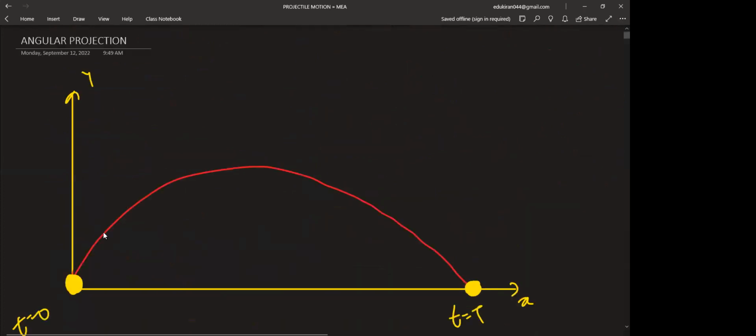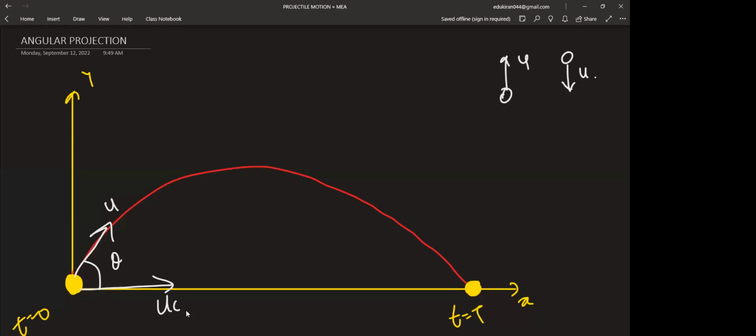But first, let us talk about this. There is always this initial velocity now directed in this direction. Earlier, we used to have our initial velocity directed like this, or the initial velocity was directed like this. Now the initial velocity is directed like this and the angle is made with the x-axis. So this becomes u cos theta and the perpendicular one becomes u sine theta. Why am I telling you? Because this is ux and this is uy and these two terms will be used. Write down this.